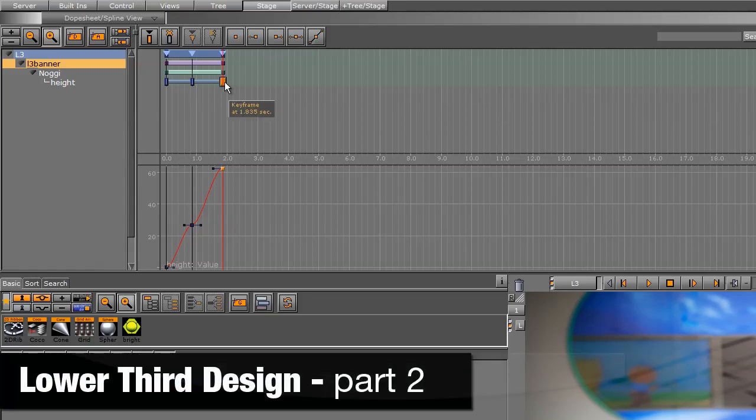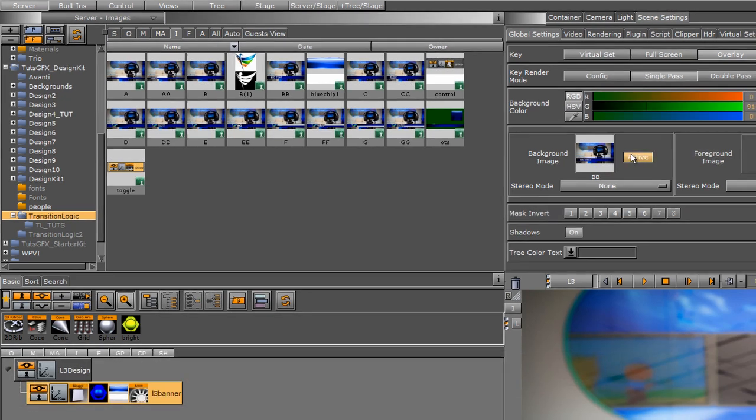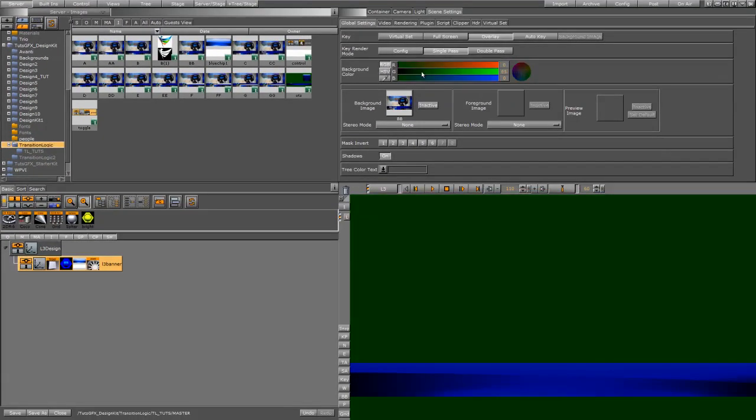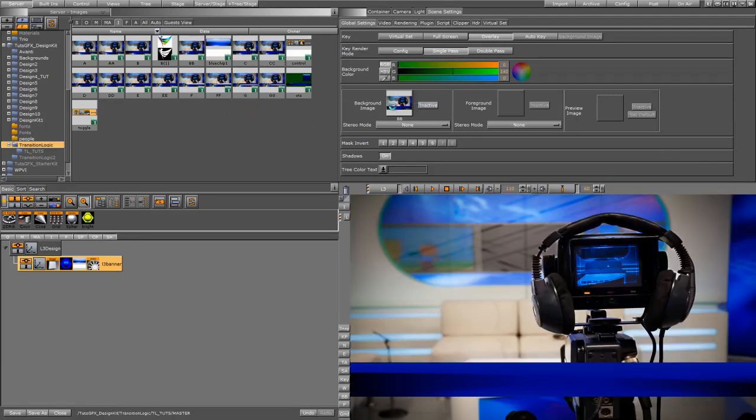Okay, we have our B stop point set up. Now we can move on to the next one. And sometimes I like to, if I'm not using a background image, change the color of the background scene just to see a bit better. We want to go to our next state, which is C, and you can see that there's not much of